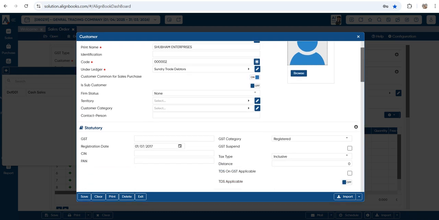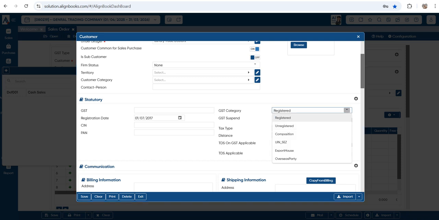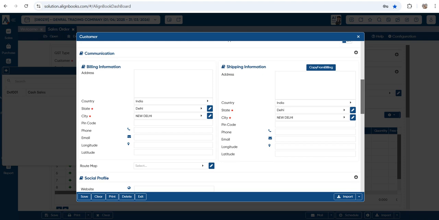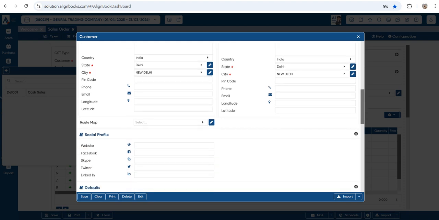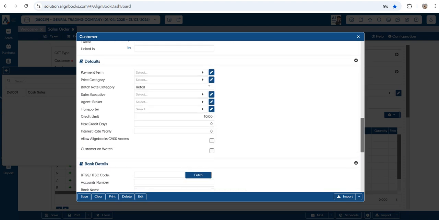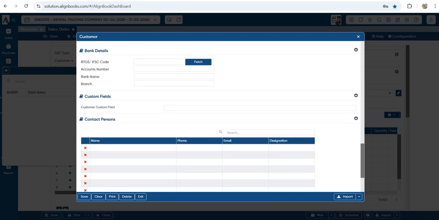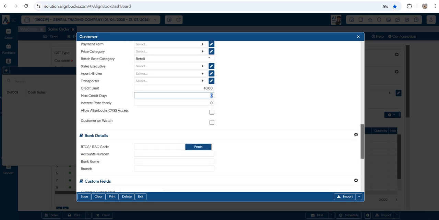We can also capture a few more pieces of information: firm status, territory, customer category, contact person, GST number, unregistered, inclusive, exclusive, whatever information we want. So all basic information we can capture. We can also set a payment term, a salesman, an agent, a category, and credit limit and credit days also. So these are the information we can give. And one more unique thing,